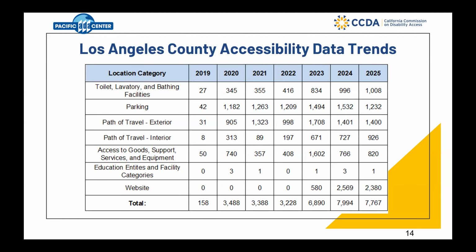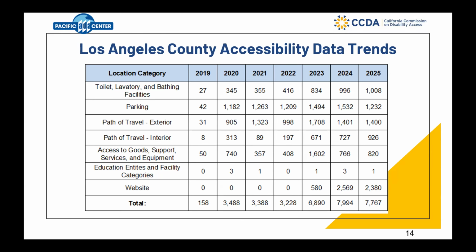The path of travel exterior, again, you see as the commission was ramping up its data collection, going from 8 to then 2023, 2024, 2025, going from 671 to 926 in these later years. And then the access to goods and services, there was a big jump in 2023 to 1,600, and then it kind of fell down